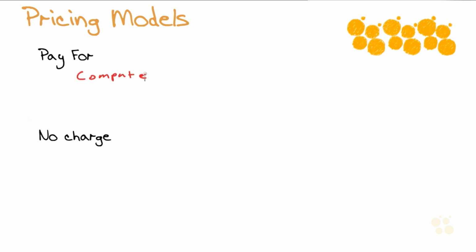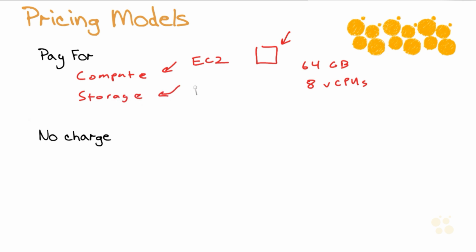Of course, we need to be charged for compute. So when we go into EC2, as an example, and we start spinning up very large instance types, maybe something that uses 34 gigs of RAM and has 8 virtual CPUs, when we spin up a beefy server like this, we're going to be charged per hour or per minute for usage of that resource. Think about storage. Sure, there's some S3 storage that will be free, but once we go over a certain amount of storage, we